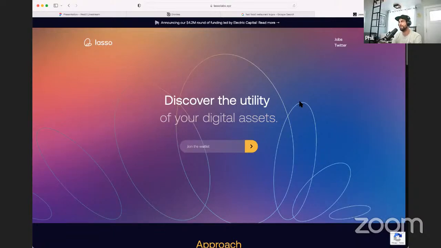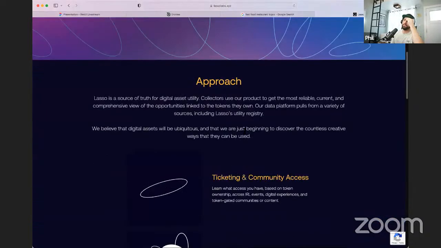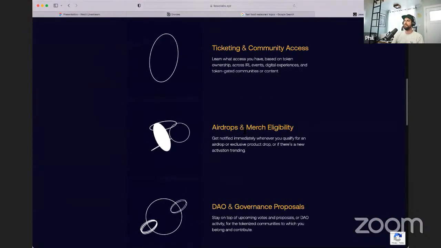LassoLabs.xyz. I don't know why the Web3 world has really gravitated towards .xyz domains, but hey, it is what it is. It's kind of cool. But we didn't do this website, but we did the product. So yeah, if anybody's interested in